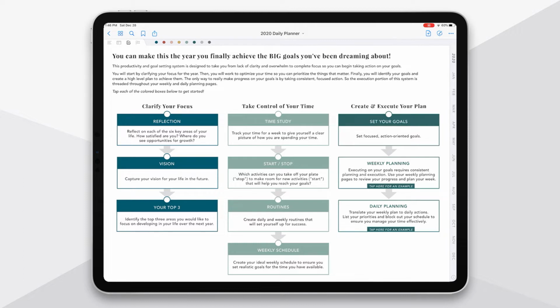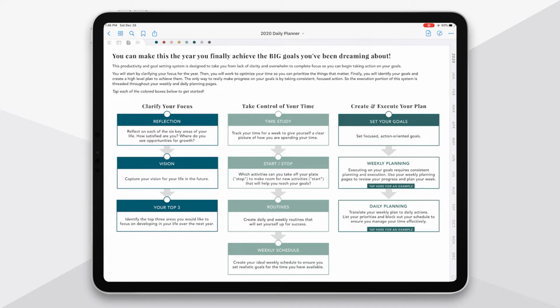One, your ability to identify the right goals and objectives for your life, goals that are truly aligned to where you want to go and with what you want to accomplish. Number two, your ability to create a clear plan to execute on those goals and follow through on a plan day to day. So with that insight, I built everything you need to do this successfully in 2020 into my